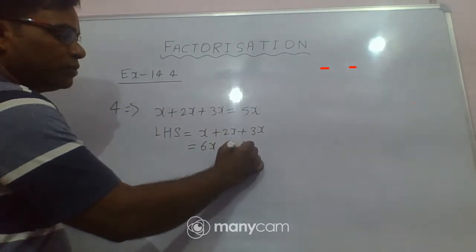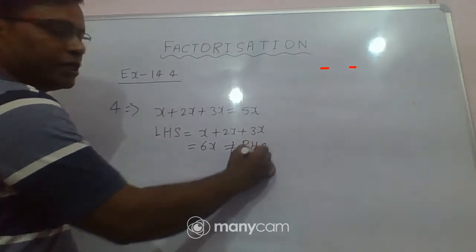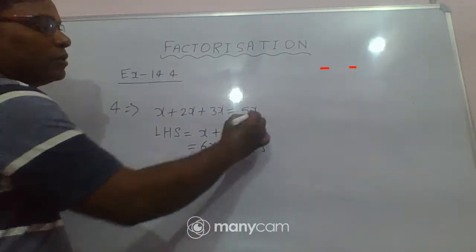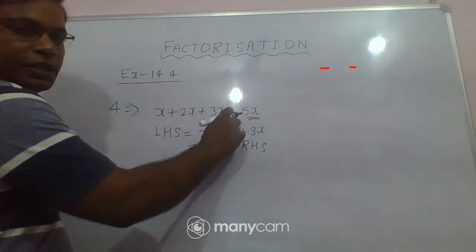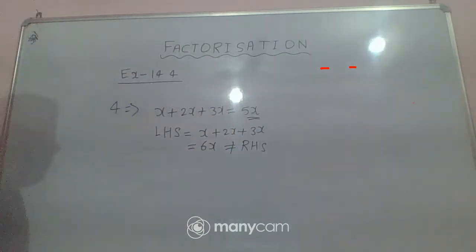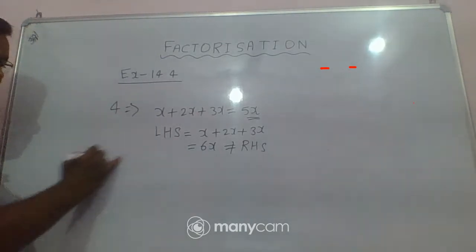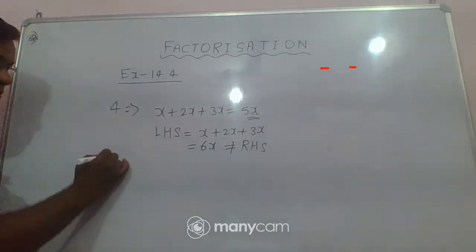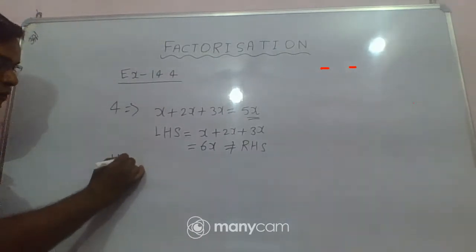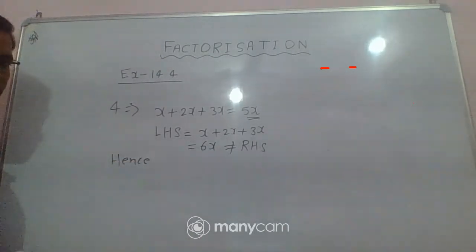1x plus 2x plus 3x is equal to 6x. But here you can see this is 5x. This is given only 5x. So this is not equal to the right hand side. So where is the error? The error is here. So what is our correct mathematical statement? So we write here,